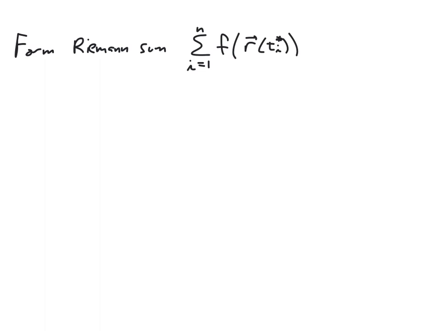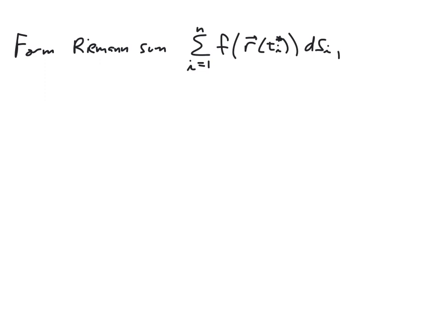But r of t sub i star, if we input a value into a vector function, we get either 2 or 3 components, and those are going to be our variables. And ds sub i,